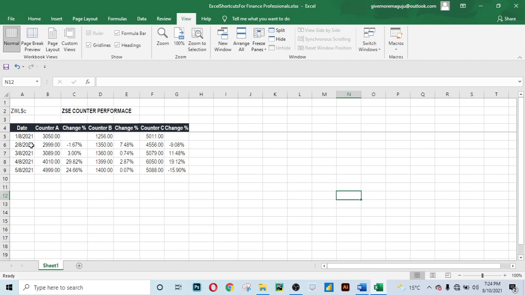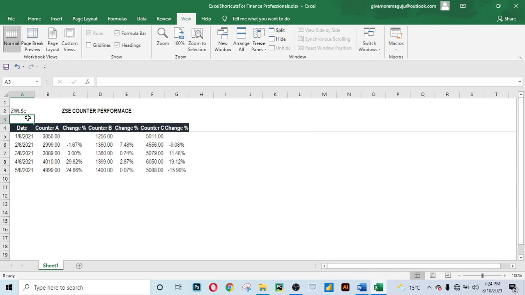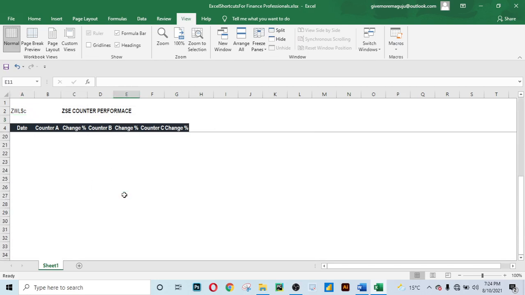Okay, so to remove these grid lines, let's just click here or anywhere, right? And then on your keyboard, press Alt, right? Press W and press VG. As you can see, we have successfully removed